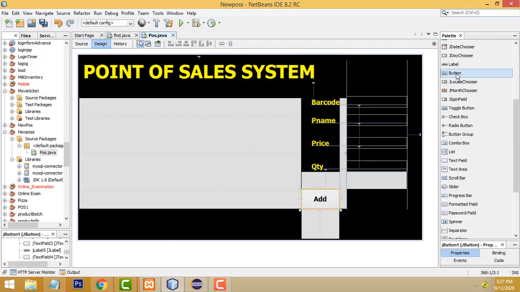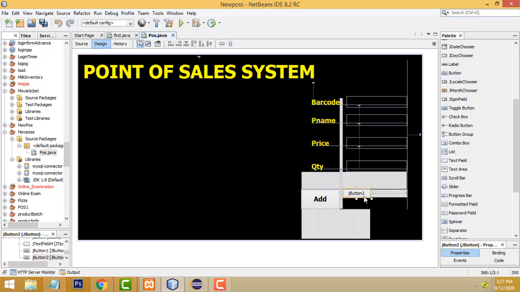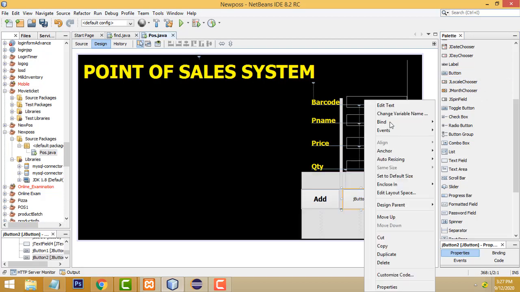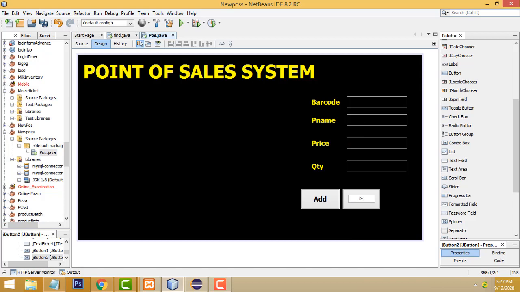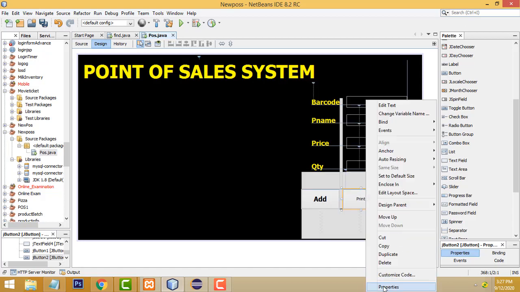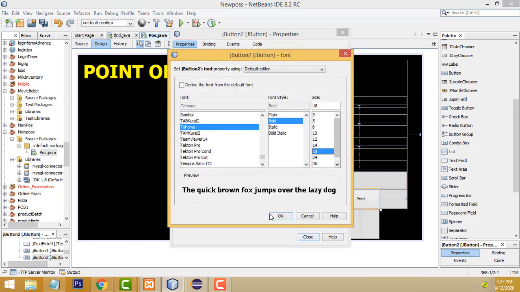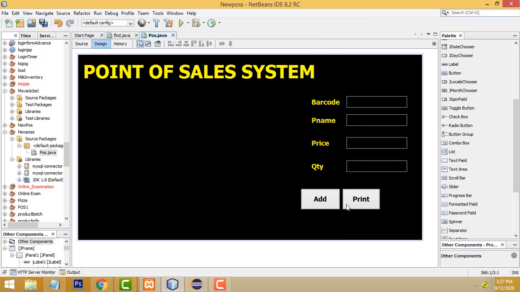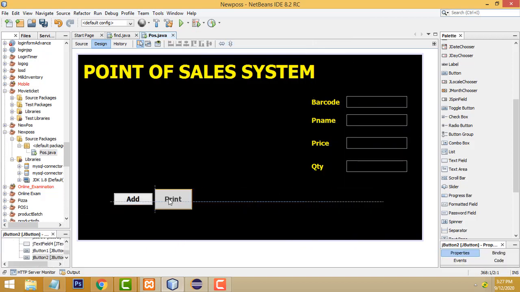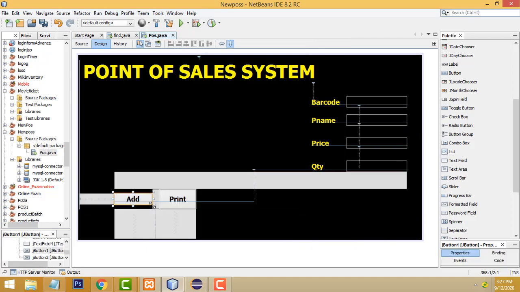This other button we have to make a print button. Print. Right. Now properties, bold 18, right? This thing you have to write.